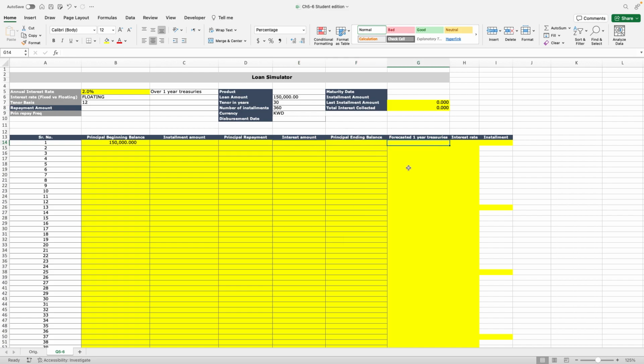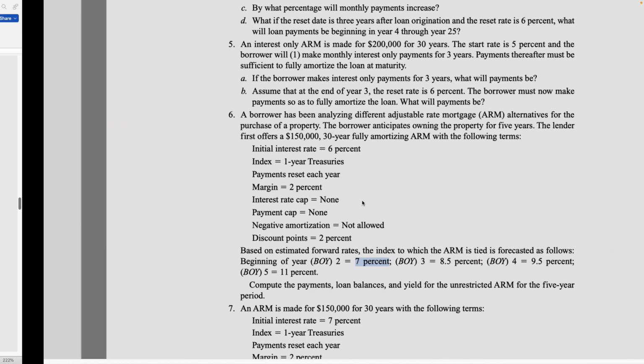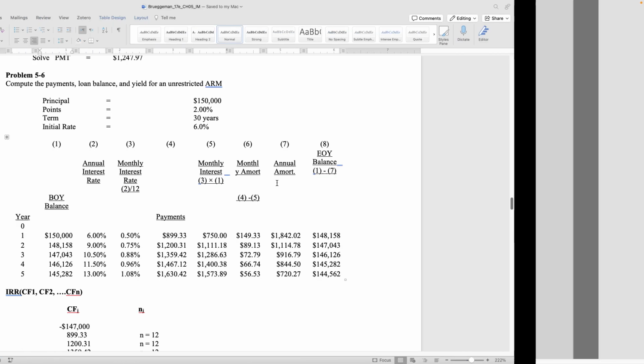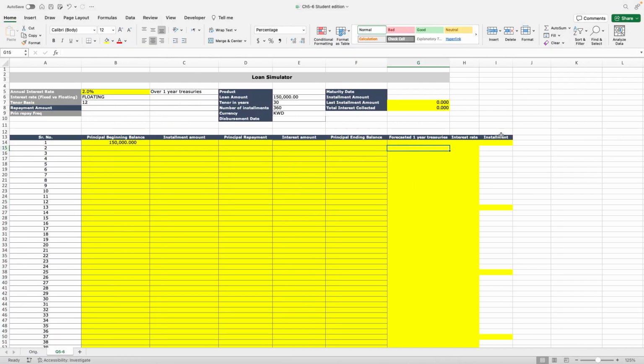So first of all, we want to understand how much the interest rate is going to be for the first year, for the first 12 months. You look at the textbook, it says that the interest rate is 6% and the margin is 2%. It doesn't give me how much the index is going to be. So I assume the index is going to be 6% minus the margin 2%, and the remaining 4% is what the treasuries are. So what I would do is I'd put the 4% of treasuries,